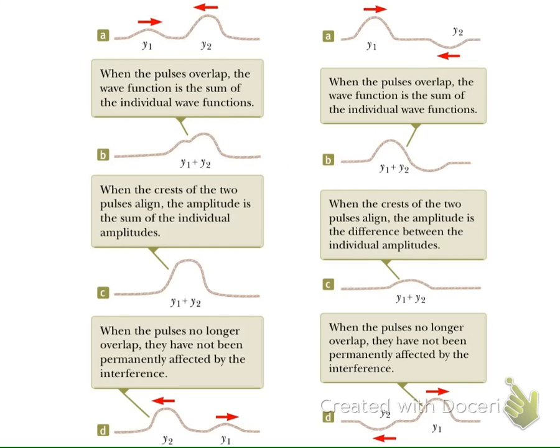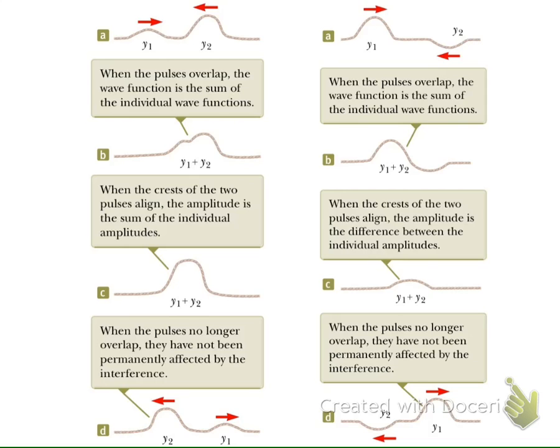This figure shows what we have just discussed, but in this situation there are two pulse waves that move in opposite directions. Wave number 1 moves to the right, wave number 2 moves to the left, and there is a superposition at this region where the total displacement is equal to the sum of the displacement of each wave. The important point is that once the waves move away from each other, in this case these two pulses, the pulse preserves its original